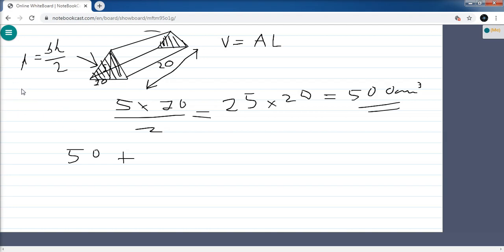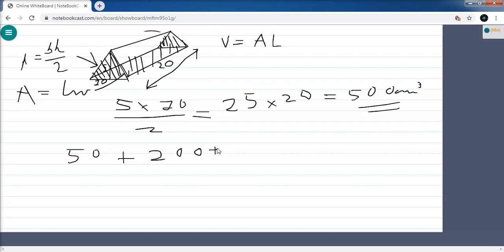The area of the rectangle equals length times width, LW. So we'll have to put 10 multiplied by 20, which will be 200,